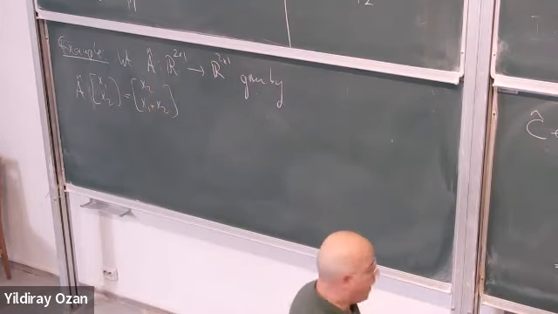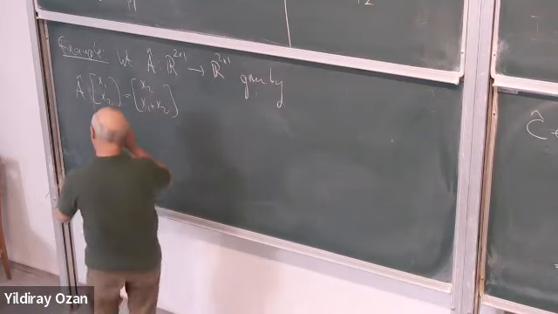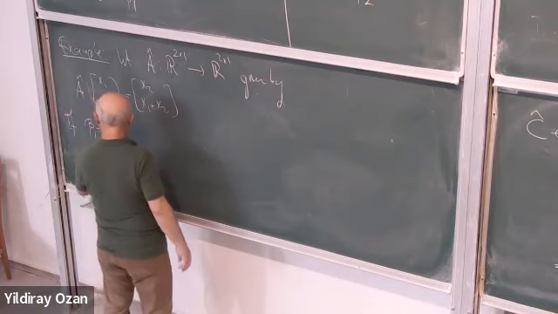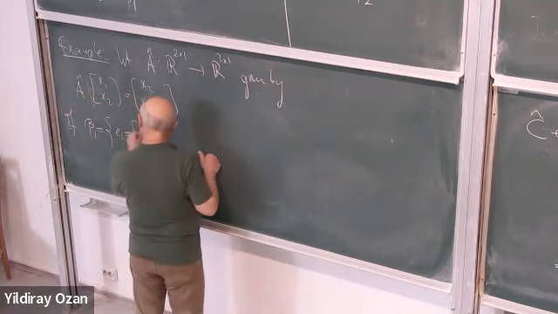Right? And in the basis, now if beta 1 is this basis 1, 0,